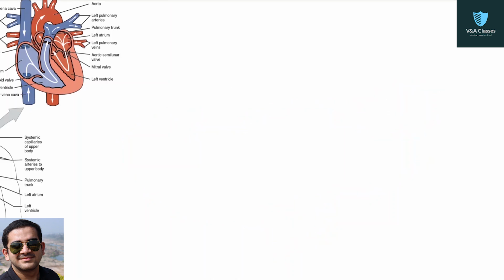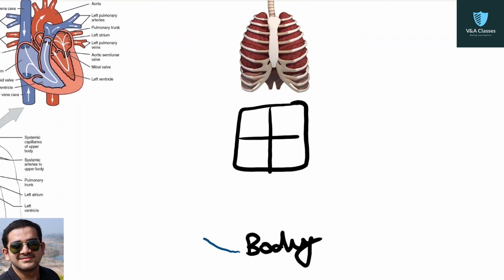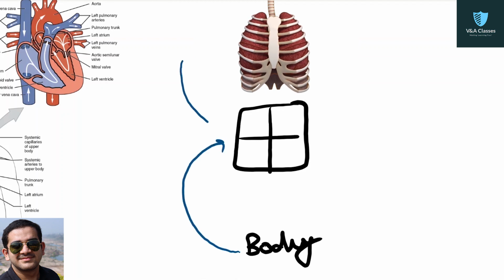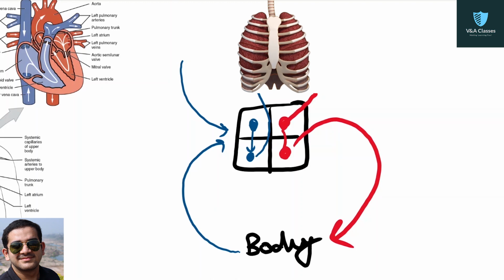Let's see how. Suppose this is the heart, these are your lungs, and this is the body. So first what will happen? All the deoxygenated blood from the superior and inferior parts of human body, they will come to the heart in the right atrium. From here it will go to the right ventricle. From right ventricle it is pumped to lungs for oxygenation. Blood will oxygenate and it will come back to the left atrium. From left atrium it will go to the left ventricle, and from left ventricle it will go to all other body parts. So you can see the blood is crossing the heart twice. That is why it is called as the double circulation.